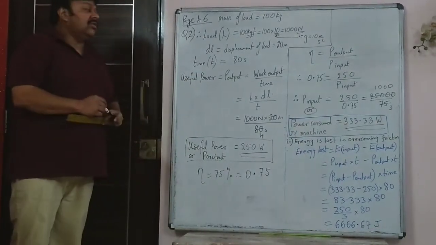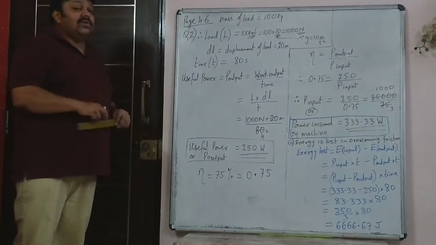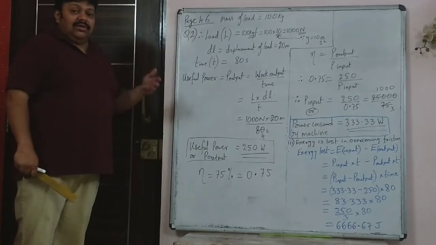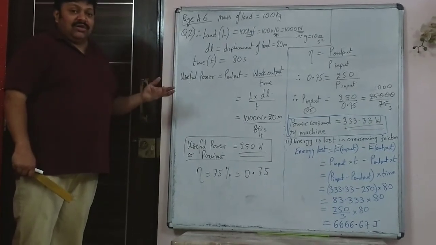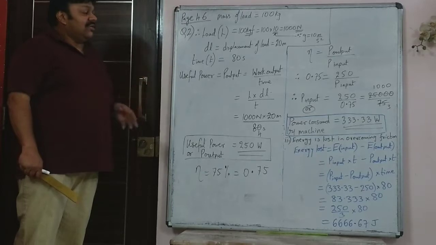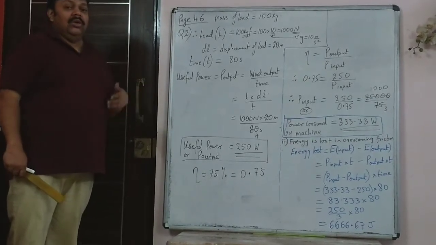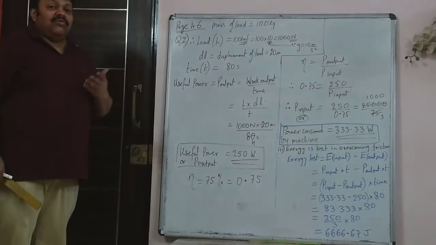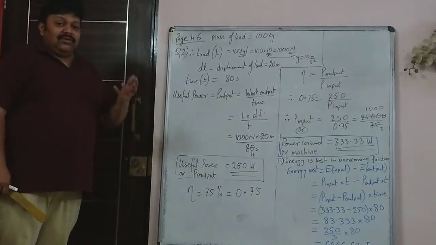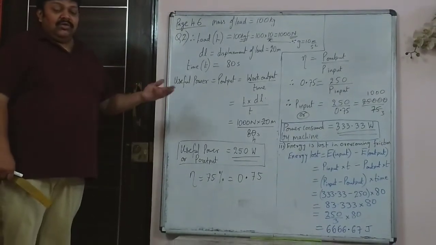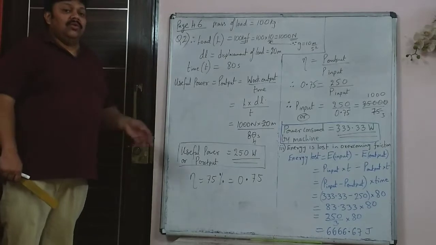This is another simple question based on simple machines, and we have done a couple of sums of lever. So now the rest of the sums of levers we will do in Zoom. Now I will explain a couple of sums of pulley. Pulley is very simple, it is based on formula. So that also the remaining sums we will do on Zoom.